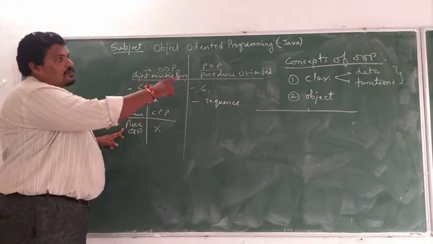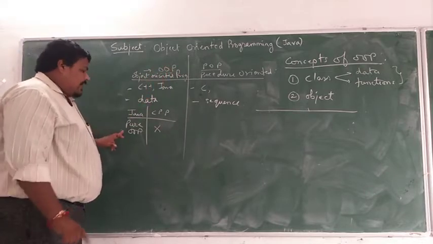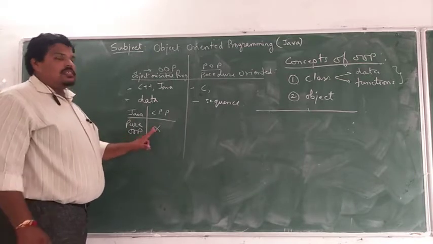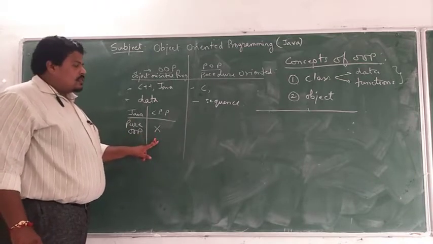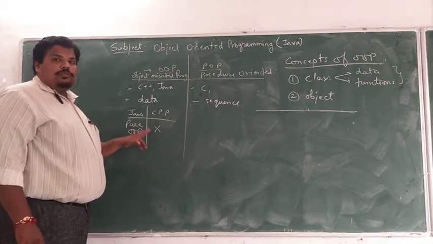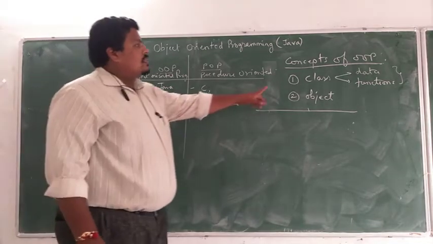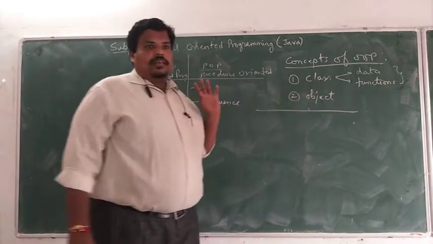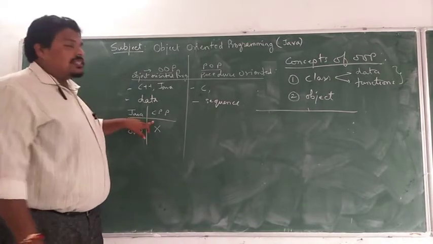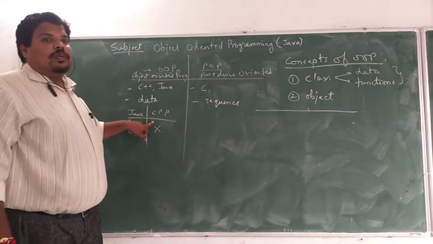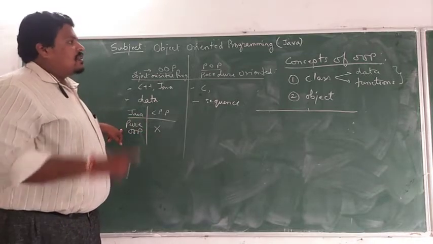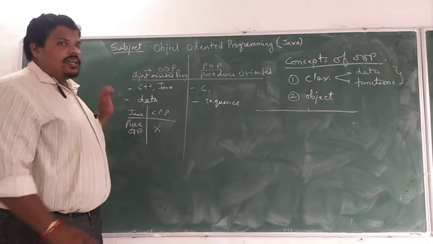The concept of class and object needs to be present in every Java program, whereas it is not the case in CPP. That means just like C, we can create a C program without the concepts of class and object. Therefore, we can say that C++ is not a pure object oriented language, whereas Java is. The reason is very simple.